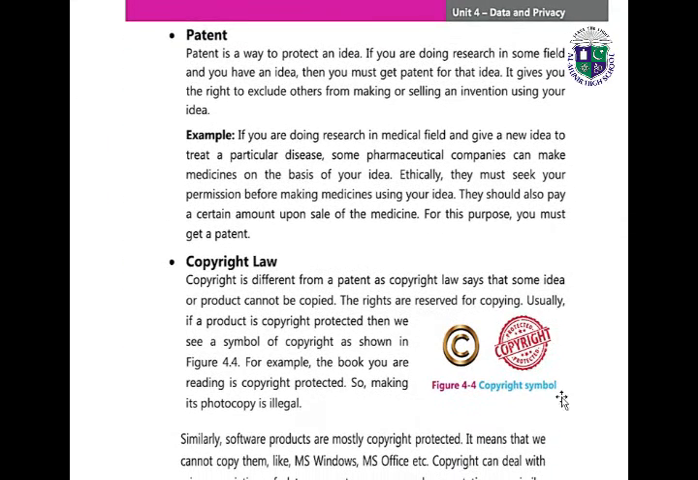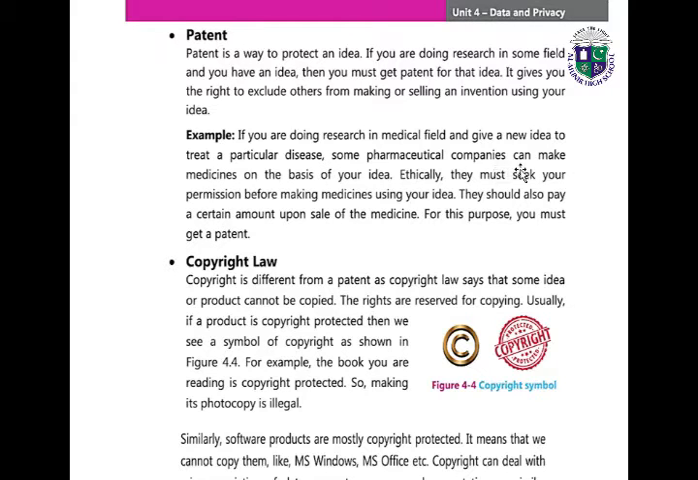What is a patent? A patent is also a way to protect an idea. If you are doing research in some field and you have an idea, then you must get a patent for that idea. It gives you the right to exclude others from making or selling an invention using your idea. For example, if you are doing research in the medical field and give a new idea to treat a particular disease,